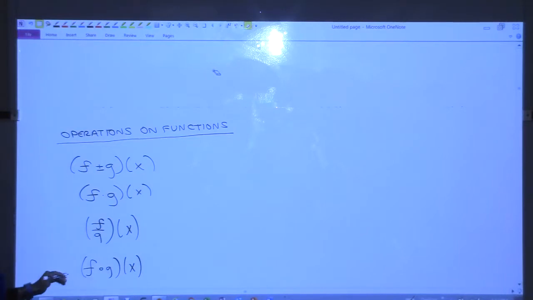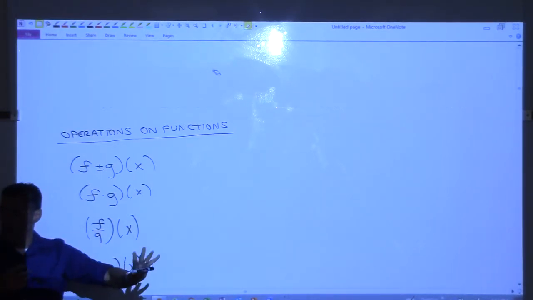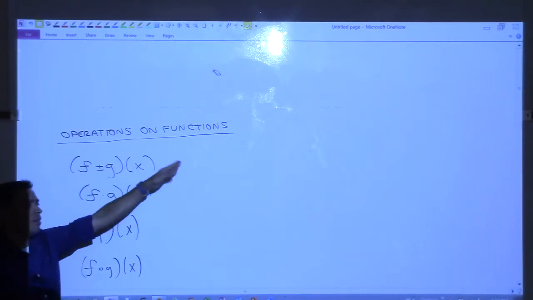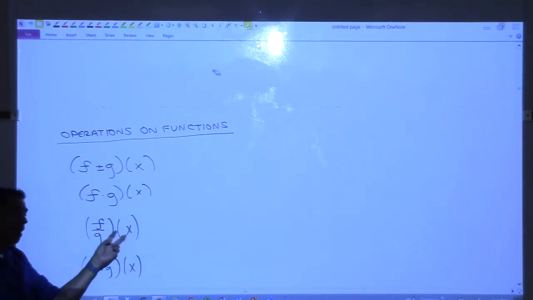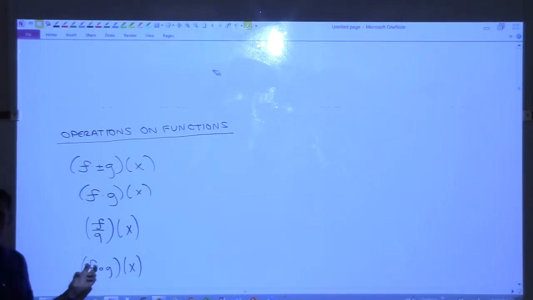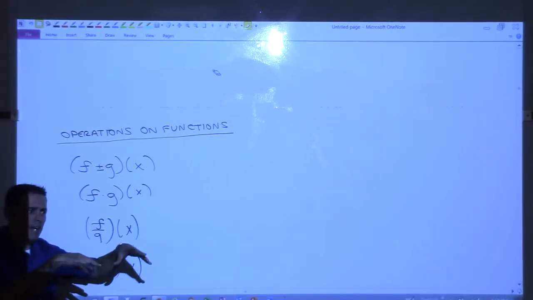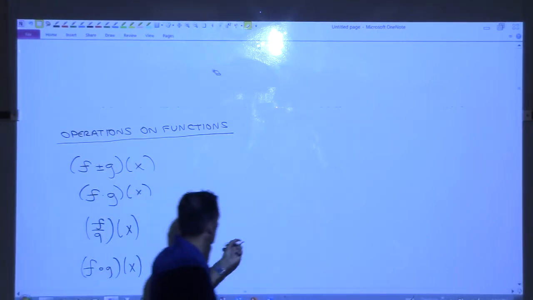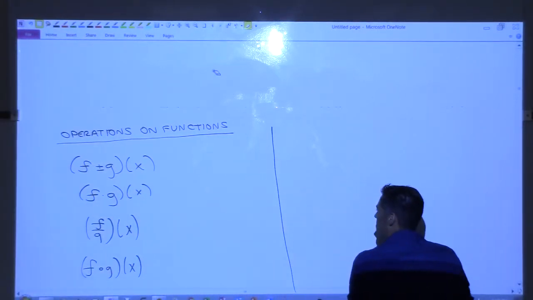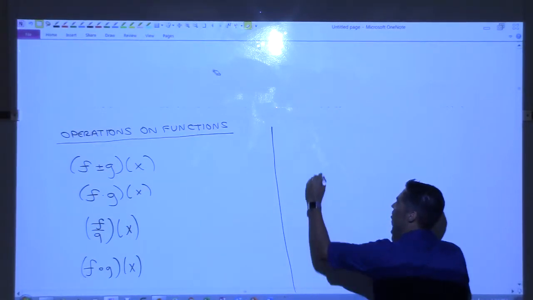All of these operations on functions take 2 functions in and then spit out a new function, right? You take 2 functions, you add them, you get a new function. 2 functions multiply, you get a new function, right? 2 functions divide, you get a new function. 2 functions compose, you get a new function. What we have going on right now with this whole derivative idea is something completely different than this. What we're doing is, instead of taking 2 functions in and creating a new function, like here, we're starting with